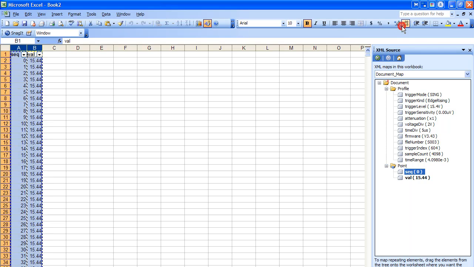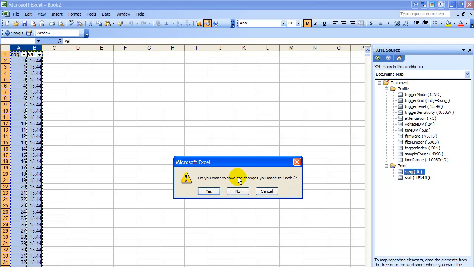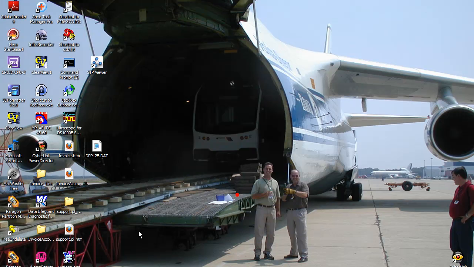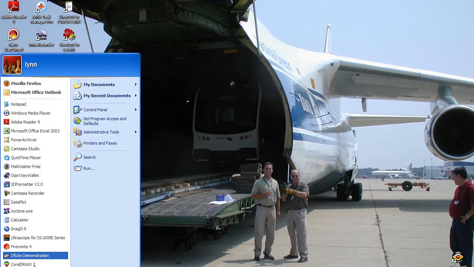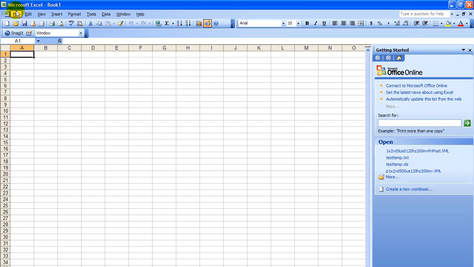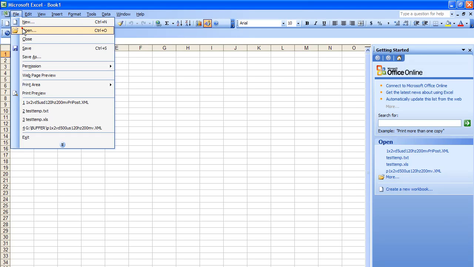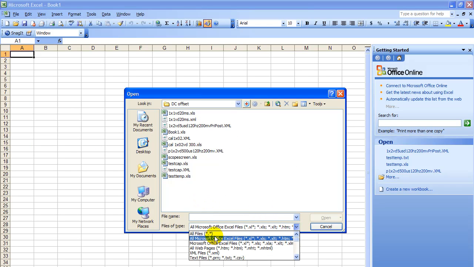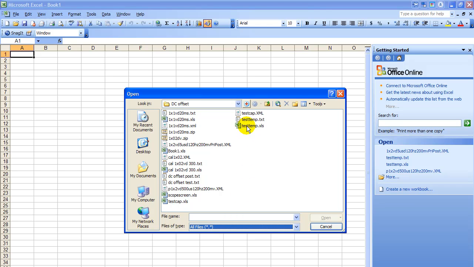So we can close Notepad. We have to close Excel to get rid of the XML maps. No, don't save the changes. No, don't leave it on the clipboard. Okay, now when we start up Excel, we'll open the text file, but you notice it's not listed. We have to go down here and select all files, and this temp test.txt is what we want to open